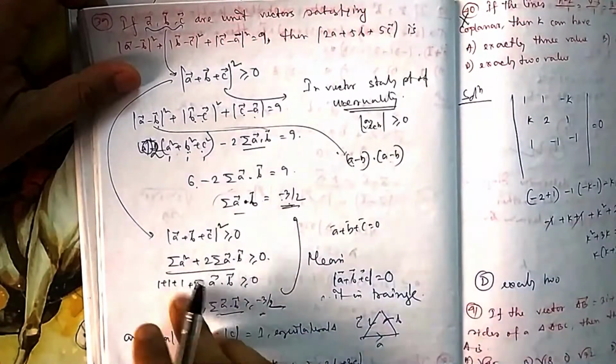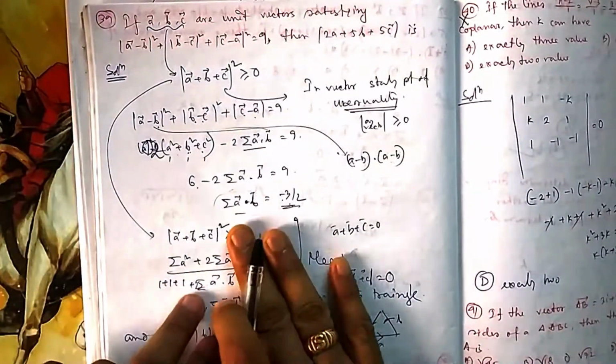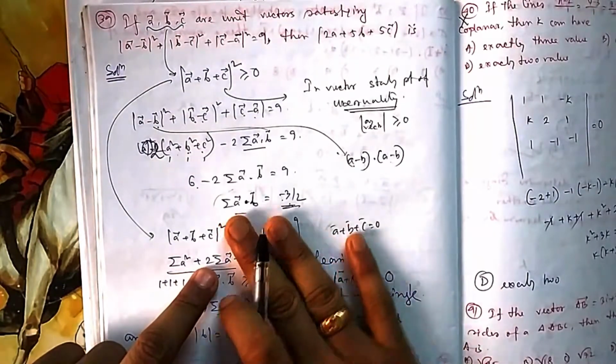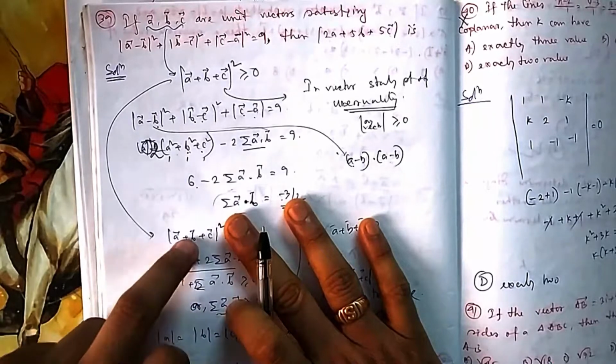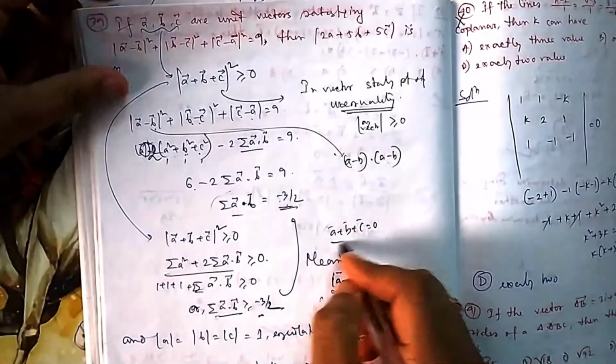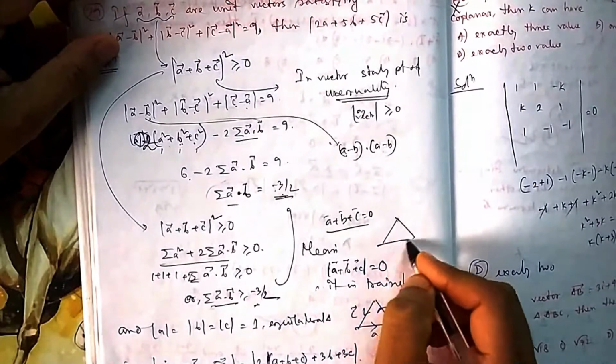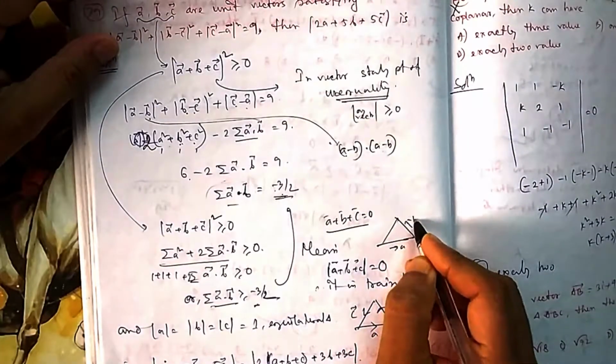What I am saying, you can put it here, a square is 1, 1, 1. Forget about this. Let me calculate the value of this. And a, b, b, c, c, what you have got is this. So if you calculate, this one is 0. That means your a plus b plus c is 0. What does this mean? This means it is a closed triangle, a, b and c.